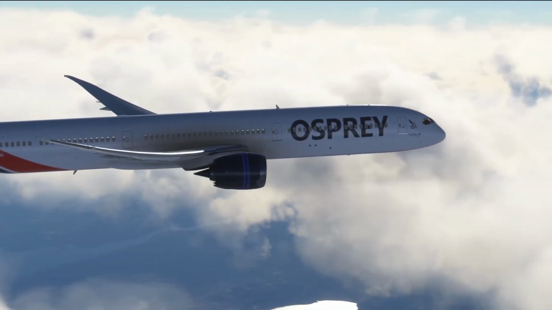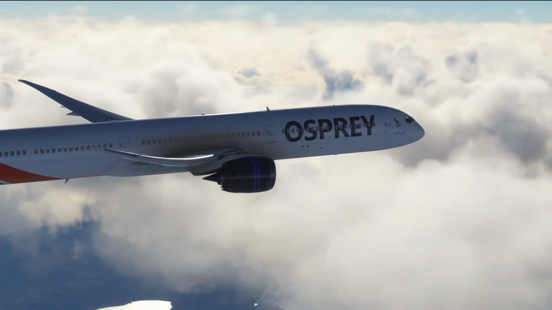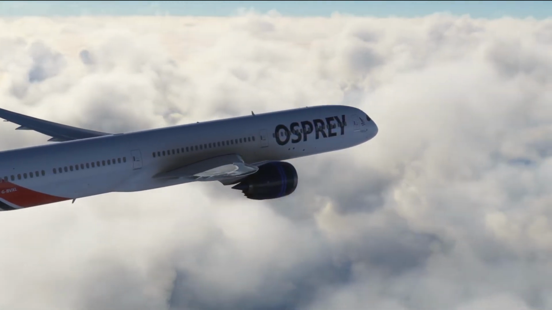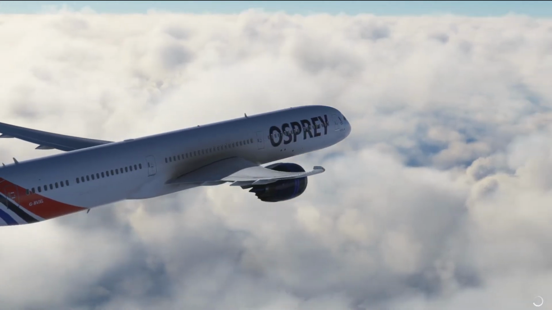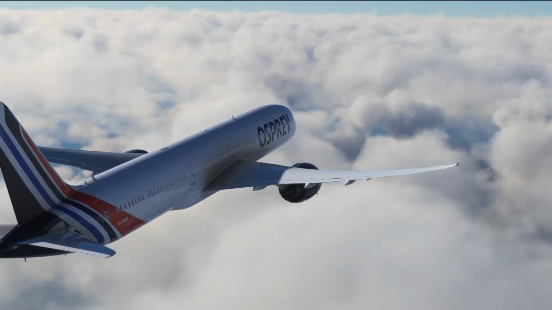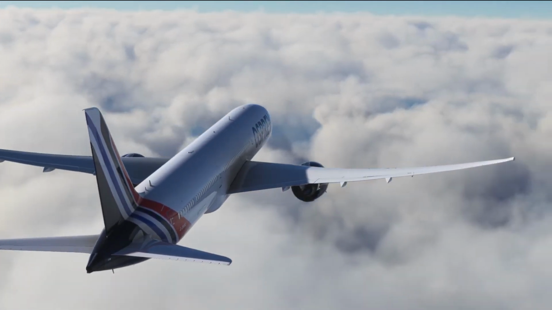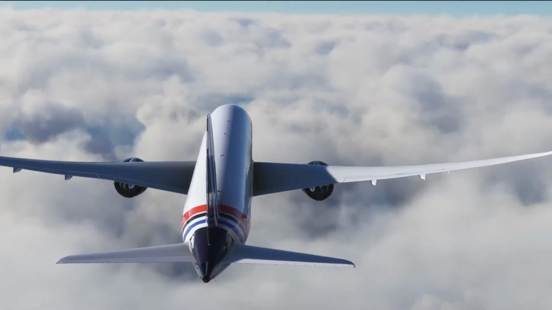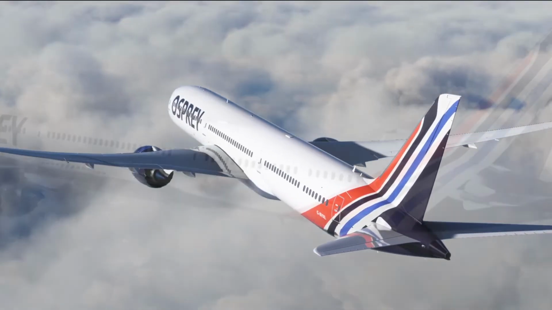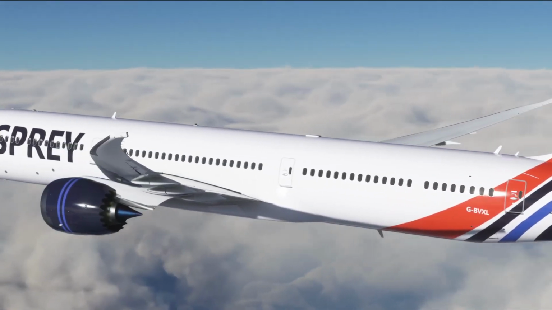Now, whilst you're flying along quite happily across the NAT track, you might get a change for whatever reason. If they change your routing prior to entry, or they change your flight level during the flight or anything like that, just deal with it as you would ordinarily in the VATSIM network. Keep it simple. But again, make sure you read back everything in full. If you're not sure, ask for it in text. Okay, so we're comfortably flying along now,